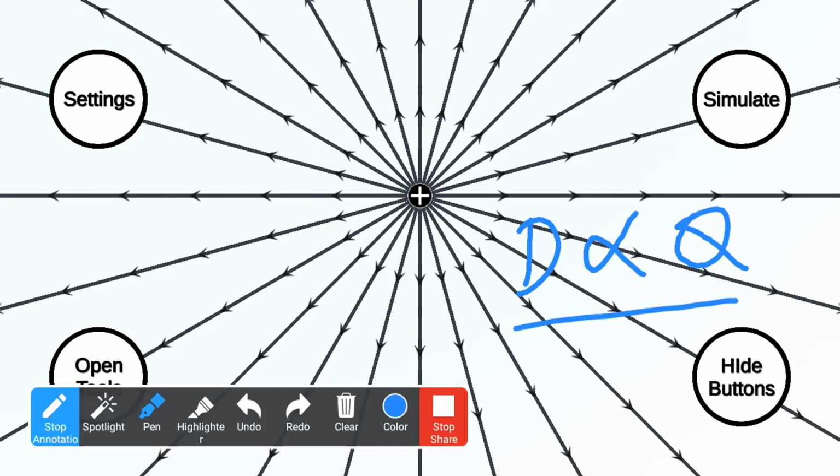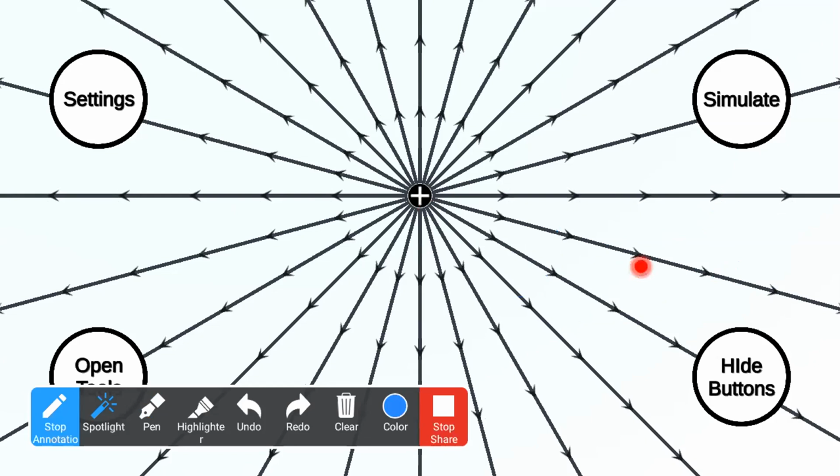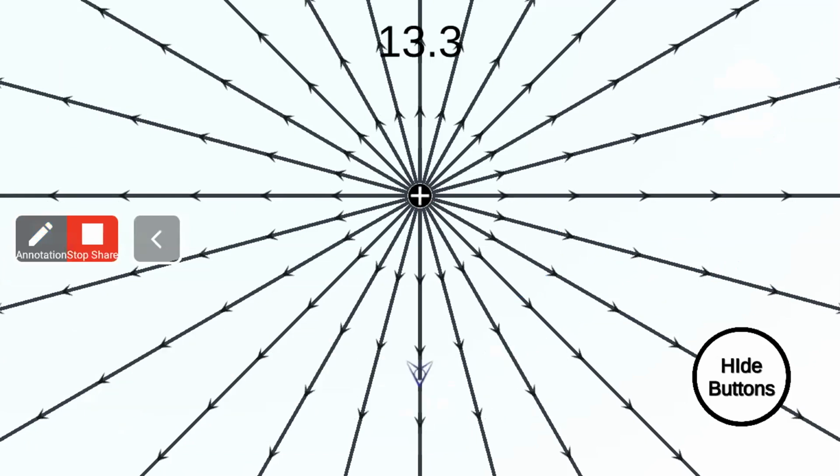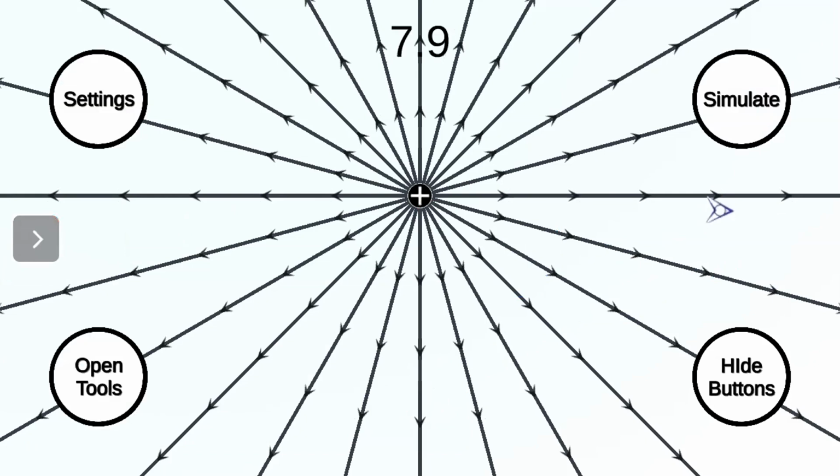So now I will introduce one more charge here, then I will try to measure the flux density. Before that, in this case itself, I will measure the flux density. I am having only one positive charge. For that measurement, I am taking some field tester and putting it here. I am getting some value, approximately 7.9. Okay, 7.9 is the field value.